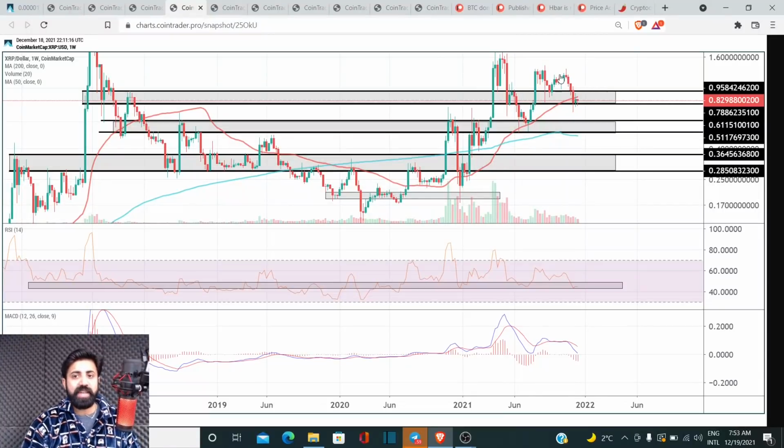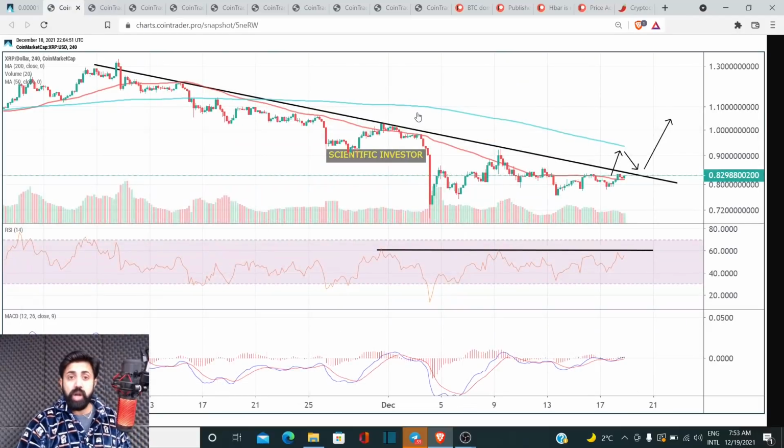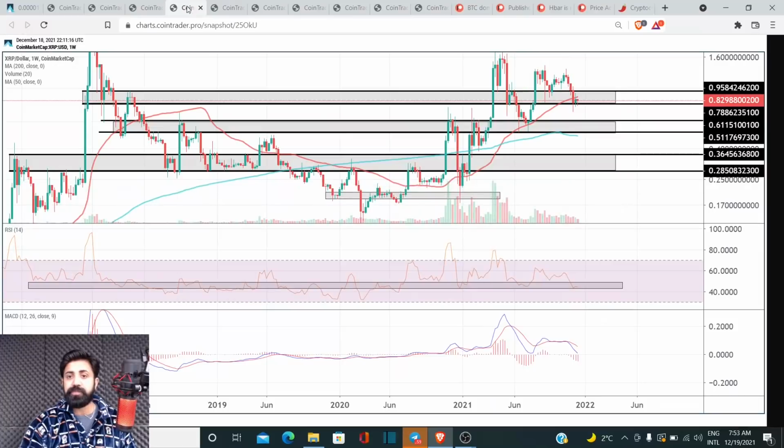So if you look at this pattern, you get to see, okay, we are kind of rhyming what we have done previously. Now, it's not just a month or two. We've been doing this all the way from March 2020, right? We are doing that particular pattern over and over again. And this range right now is like 0.7 to 0.95. So what you just saw in the 4-hour chart is the short-term scenario, and what we just discussed here is